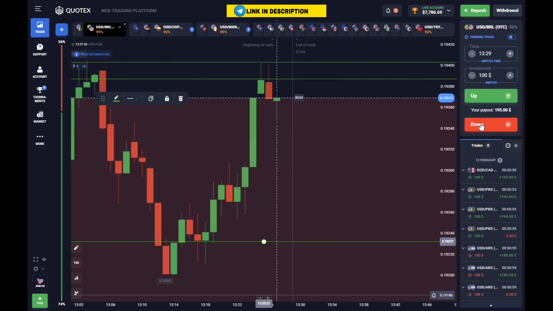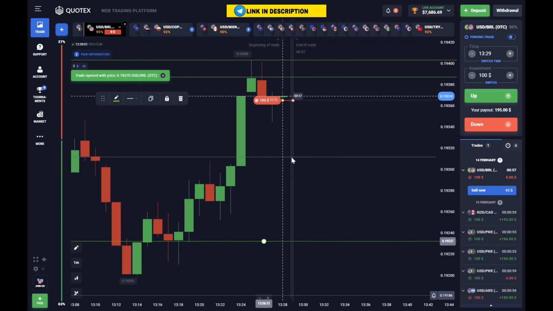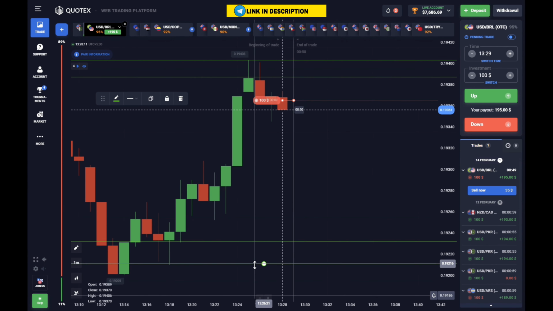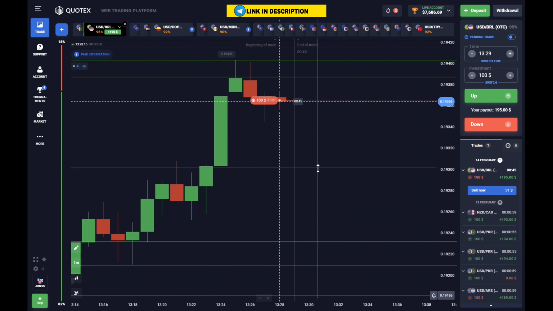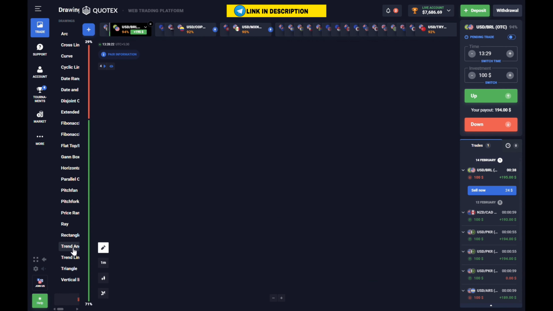On the lower side, I have set a support level, and for the downward move, I will place a trade here for $100. Okay, finally, I have placed a $100 trade in the downward direction, and here on the lower side, I have created a support zone. I can also call this the buyer's zone. So this is how I create resistance and support zones. I never set support or resistance with just a single level.